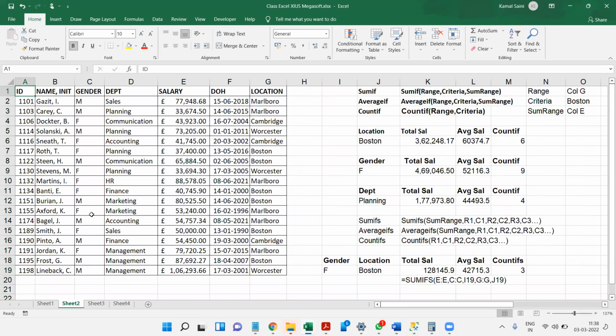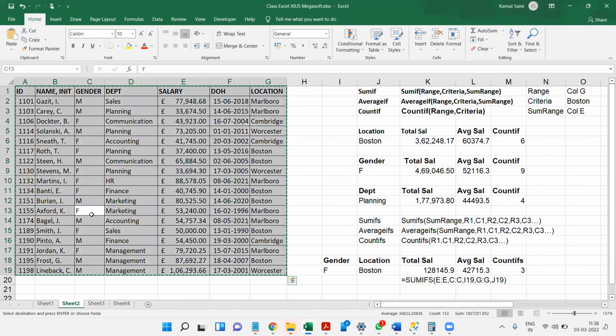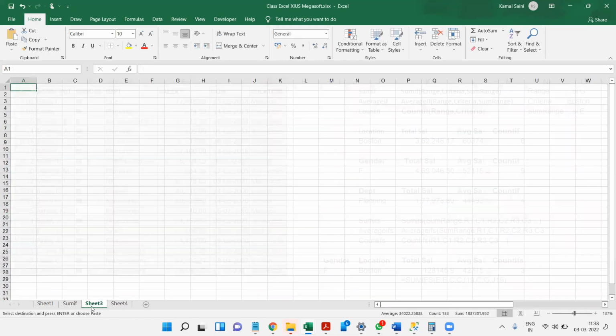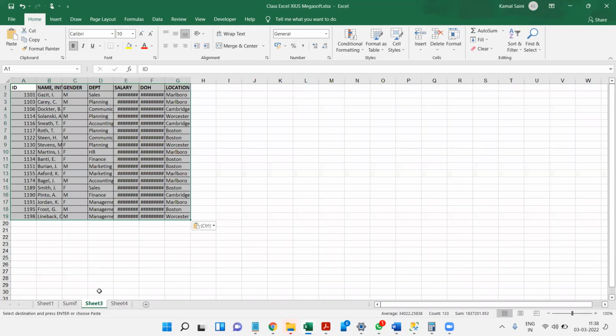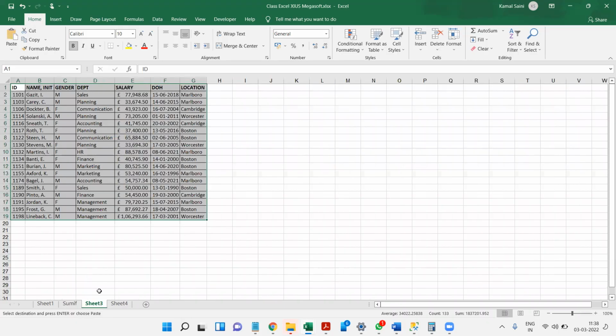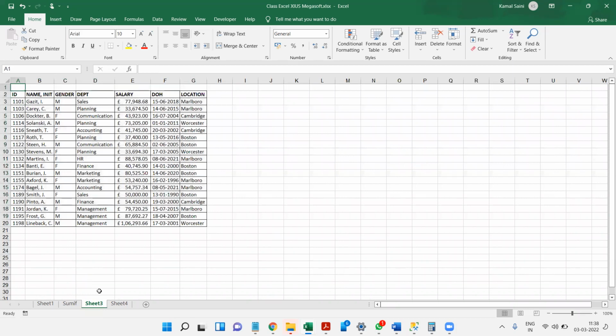All right, so this is interesting. So this is SUMIF entirely we have finished. I'll paste the same data towards a separate sheet, keeping one row empty at the top. Now, what basically I'm trying to achieve in this is